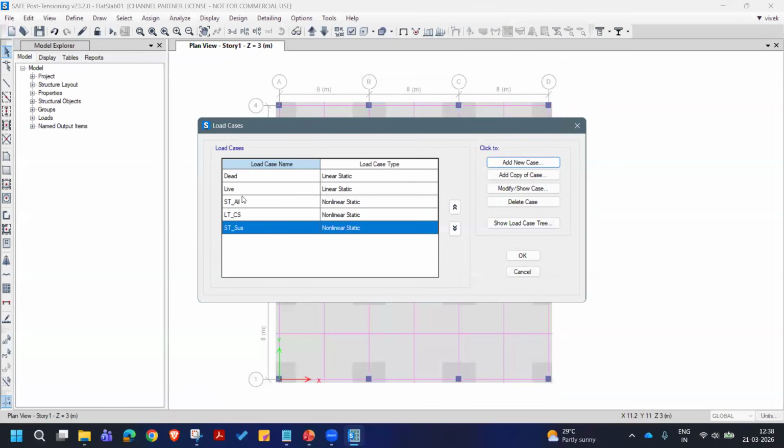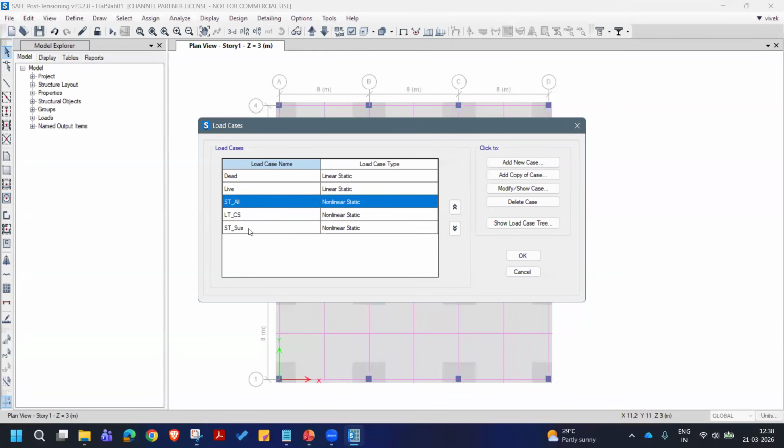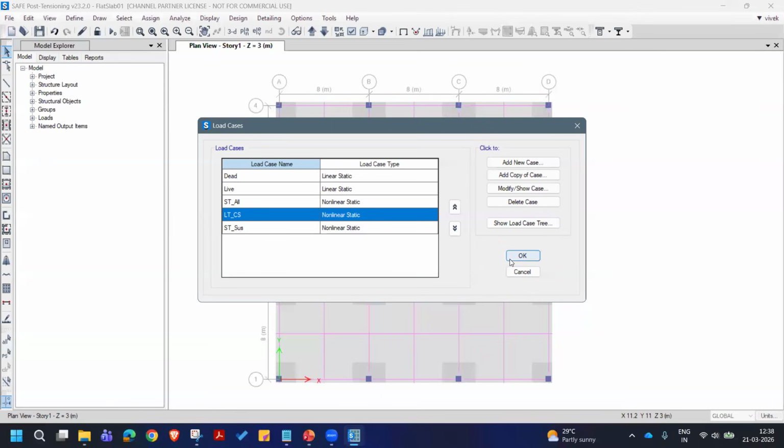So basically, the difference of this will be added to the long term. So I've defined this third case,